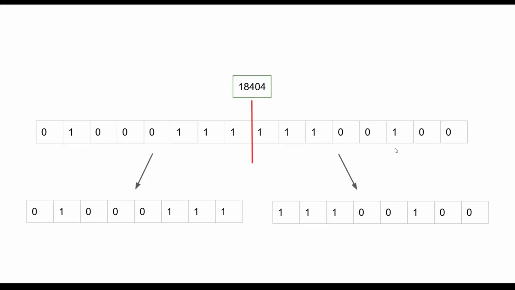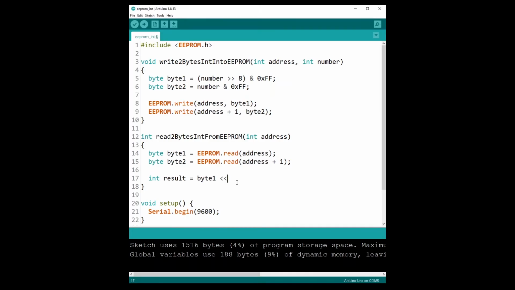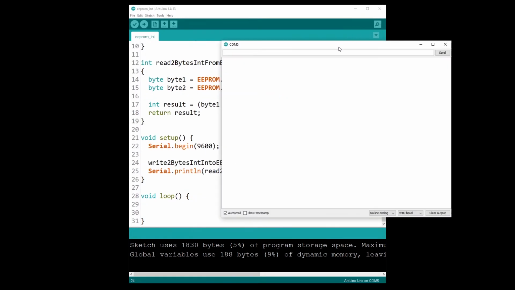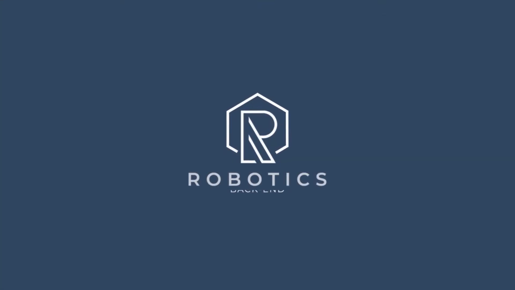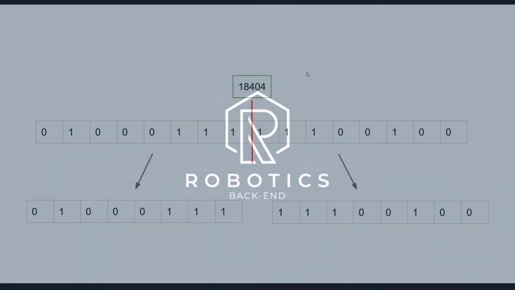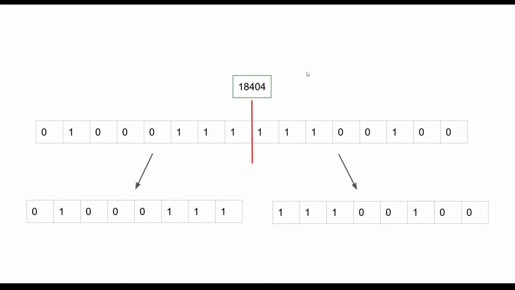In this tutorial, I'm going to explain how we are going to split this integer into different bytes, and then store the different bytes into the EEPROM memory and read them later to retrieve the integer number. So here is how we are going to do it. Let's say we have this number,